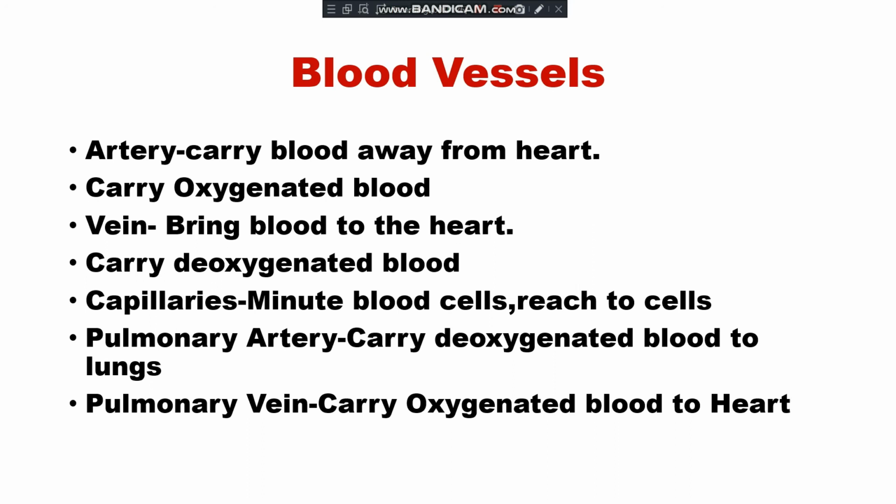Then from blood vessels, the important question, which I have mostly seen, is the differences between arteries and veins. Then one more question arises: why are the artery walls thicker than the vein? So the answer is, the artery walls are thicker than the vein because the wall of the artery has to tolerate more pressure of the heart. As the heart is pumping the blood, the pressure is exerted on the wall of the artery. So that's why the walls are thicker.